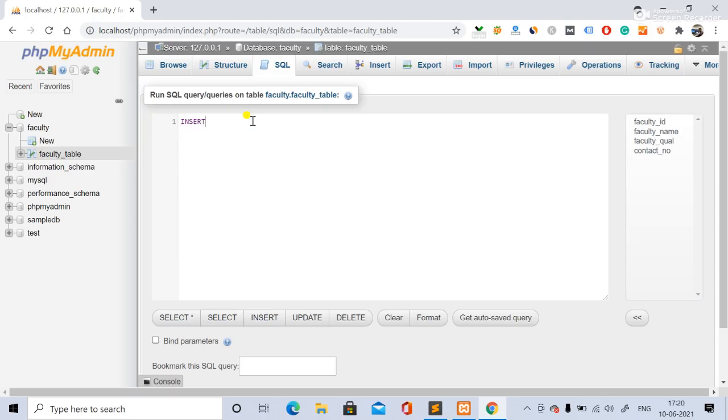Insert into your table, the faculty table. Insert into faculty table. The entity names come as they are, by default, as you have created them.